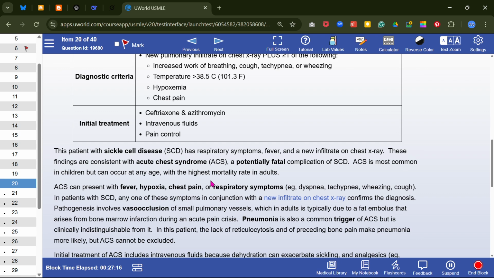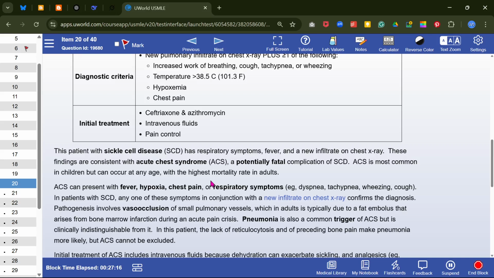So this patient with sickle cell disease has a respiratory symptom, fever, and a new infiltrate on chest X-ray. These findings are consistent with acute chest syndrome, a potentially fatal complication of sickle cell disease. It is common in children but can occur at any age, with a higher mortality rate in adults. It presents with fever, hypoxia, chest pain, and respiratory symptoms: dyspnea, tachypnea, wheezing, cough. Any one of these symptoms along with a new infiltrate on chest X-ray